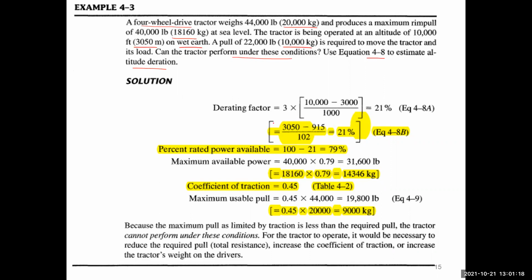So the altitude was 3,050 meter minus 915 from the formula, divided by 102. That is also from the formula. So this will give us about 21%. So the percentage rated power available will be 79%, because 21% power has been decreased. So the maximum available power is then